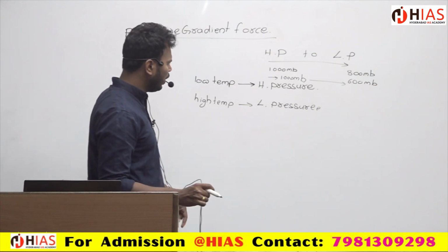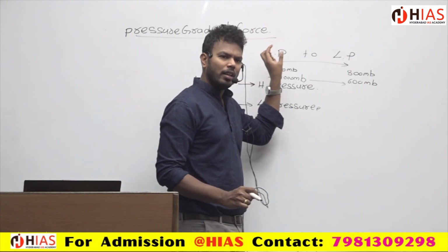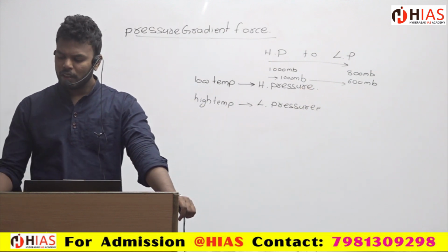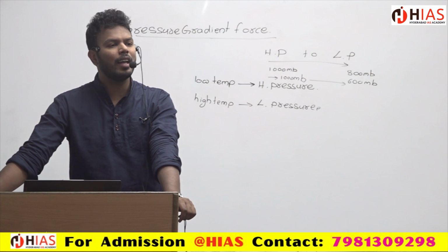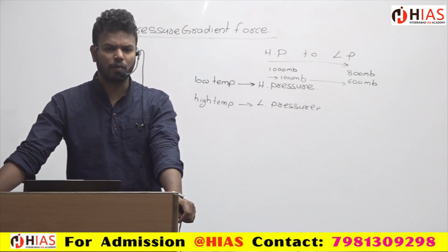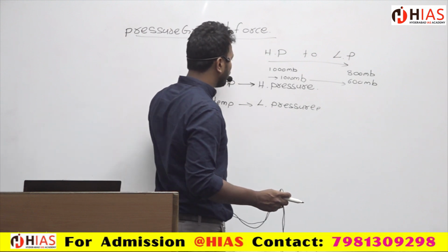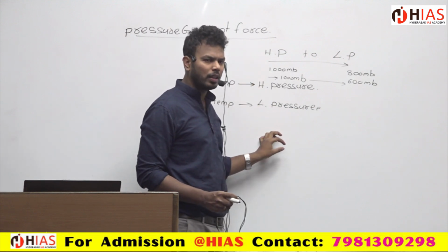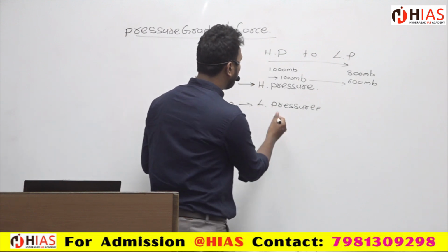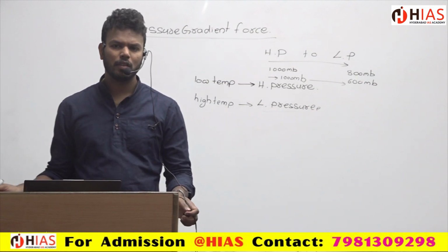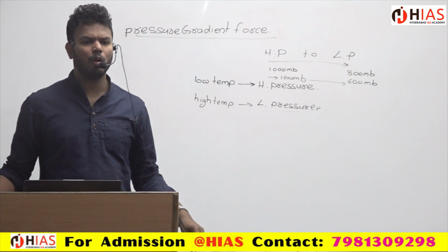If you keep this in mind, we can understand cyclones, anticyclones, El Nino, La Nina, and many other things. Just keep in mind, winds will always flow from high pressure to low pressure. So how is a low pressure created? High pressure or low pressure,